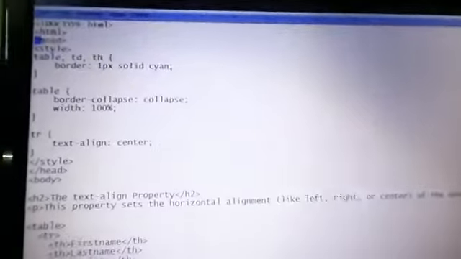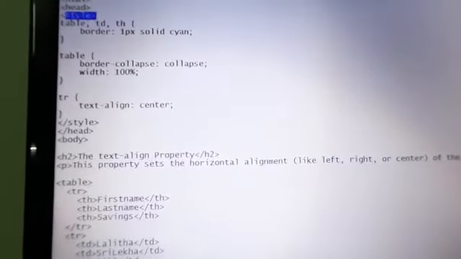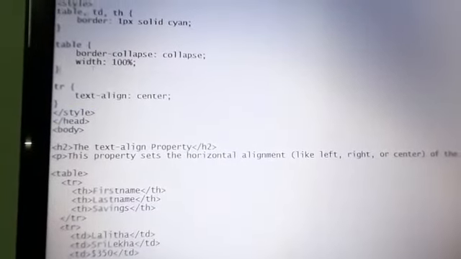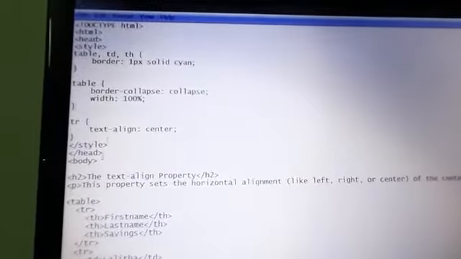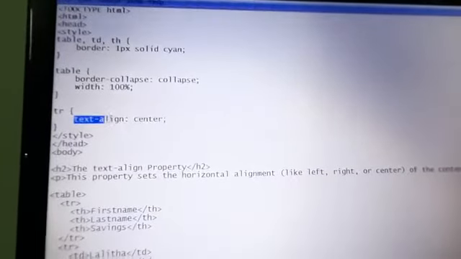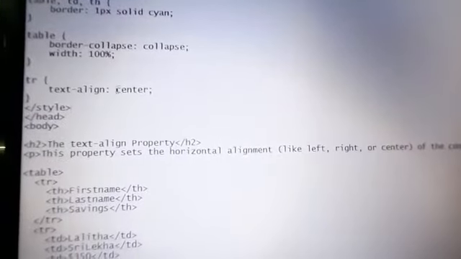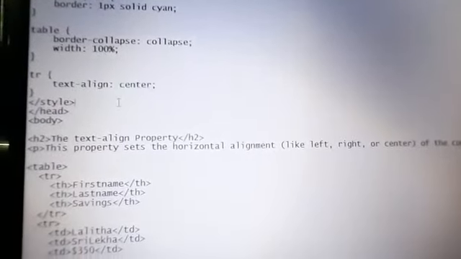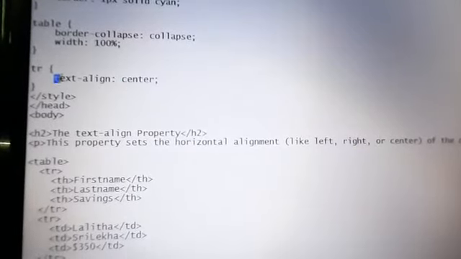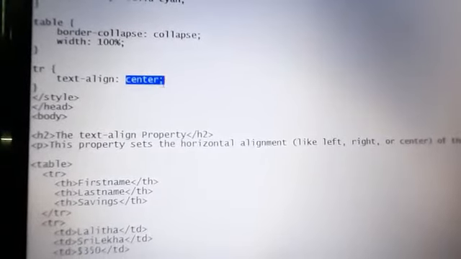You can add the CSS style only within the head tag. So this is the CSS style. Here I open the CSS, and here we end the CSS style. Within the style tag, I add the text alignment. In HTML, we simply add the attribute called align, but in CSS, you must use the attribute called text-align. So there are 3 alignments: left, center, and then right. Every attribute is followed by a colon, and then you define the value here.